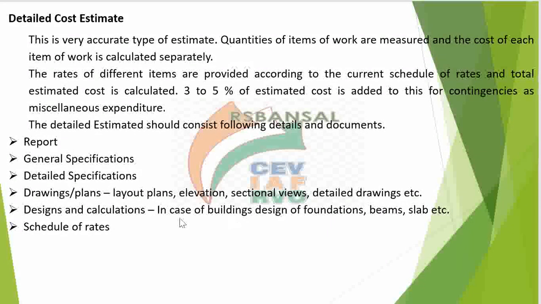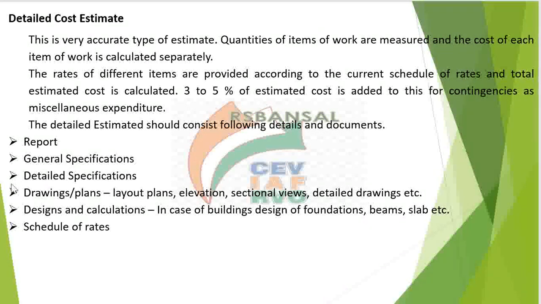And if it is a steel structure, you should have all the details of design of columns and the beams, and then the type of roof which you are providing, details of each and every item, and then you must have with you the schedule of rates. By using these detailed specifications, general specification, drawings, design and calculation, schedule of rates, you will calculate each quantity,